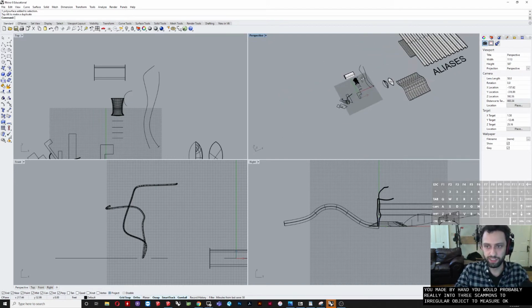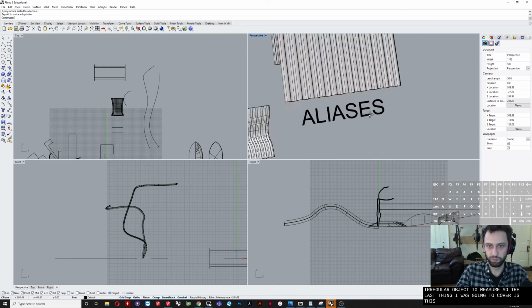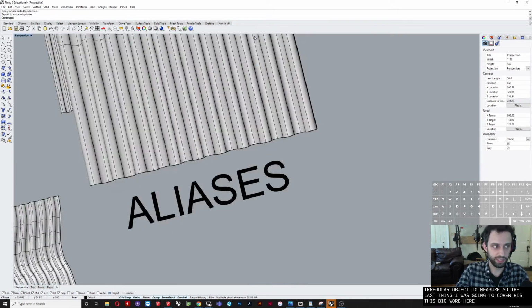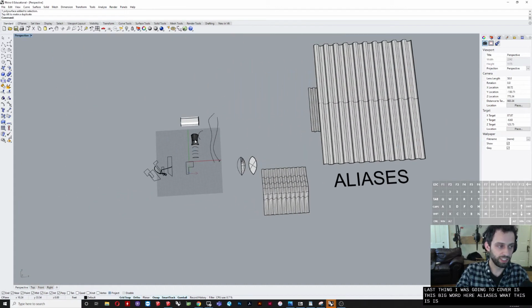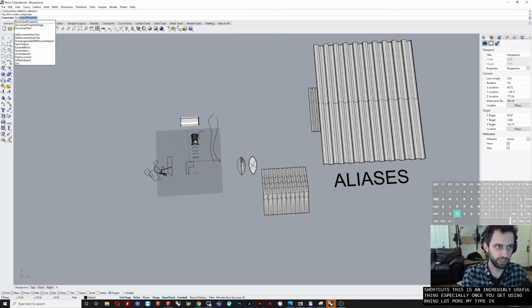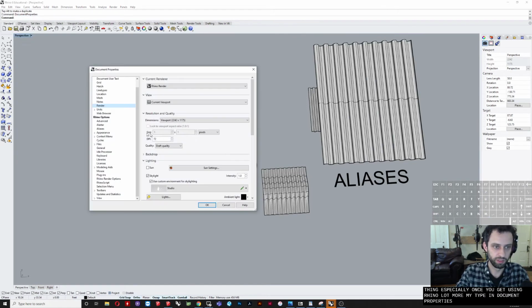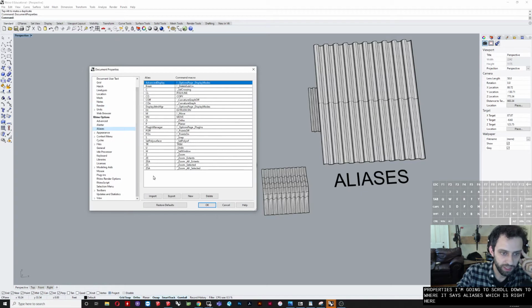Okay, so the last thing I was going to cover is this big word here, aliases. What this is essentially is your keyboard shortcuts. This is an incredibly useful thing, especially once you get using Rhino a lot more. I'm going to type in document properties, and under document properties, I'm going to scroll down to where it says aliases, which is right here. Essentially, there's a bunch that are already built in, and there's a few that you can add yourself that are